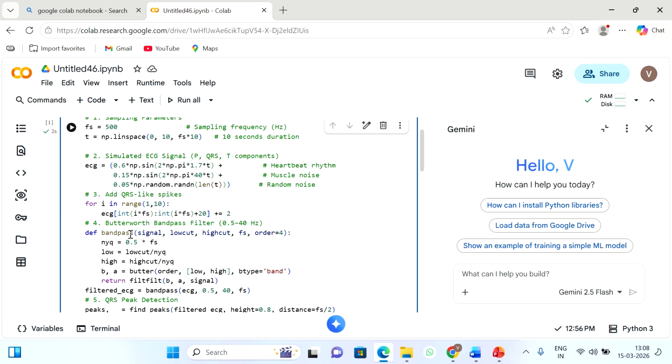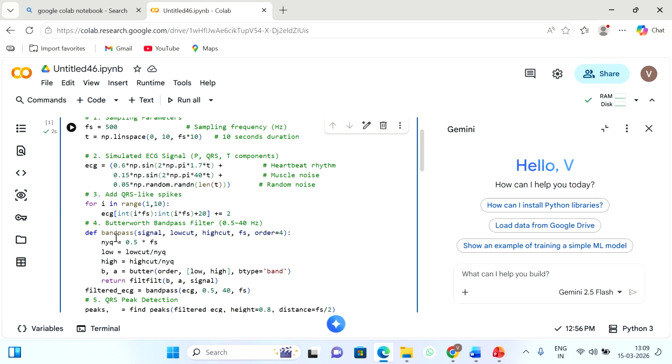So with this, our ECG signal becomes clean ECG components plus realistic random noise. And then this operation has to be done for the entire signal,